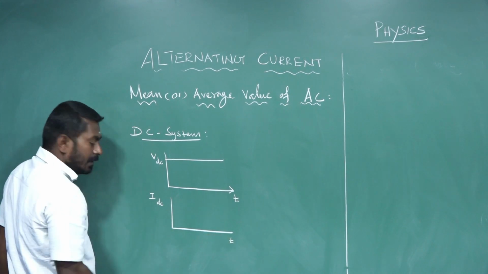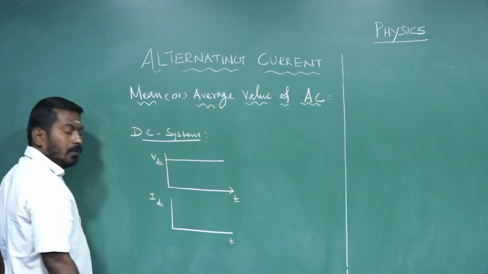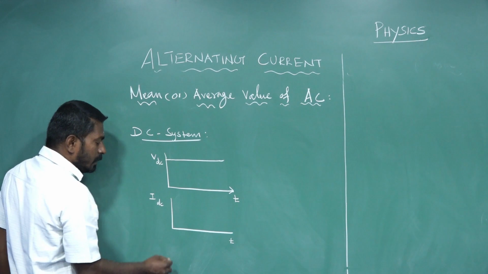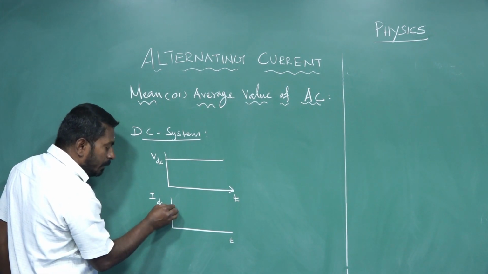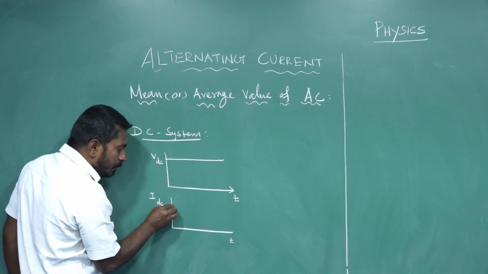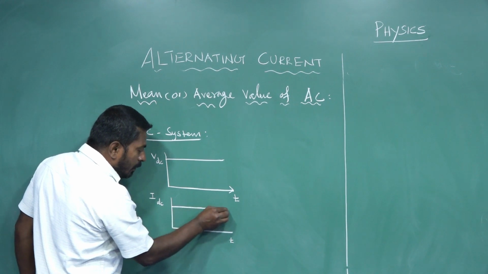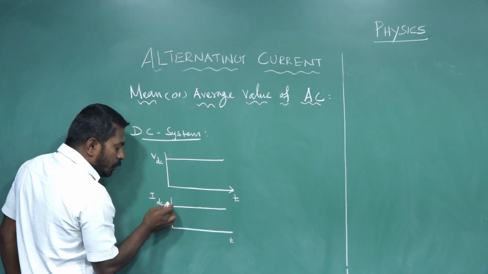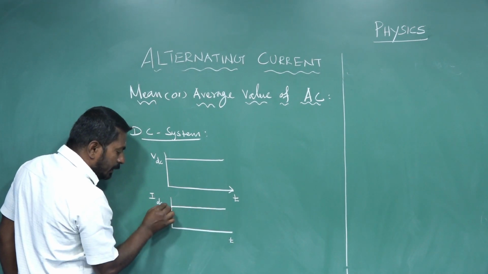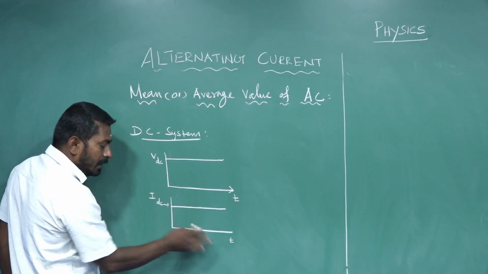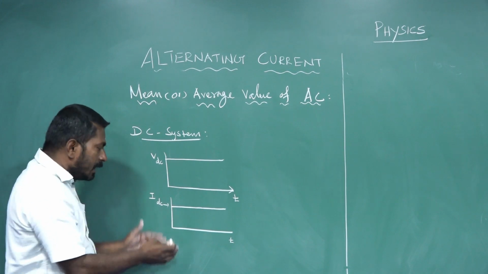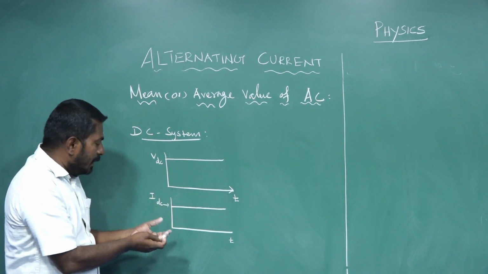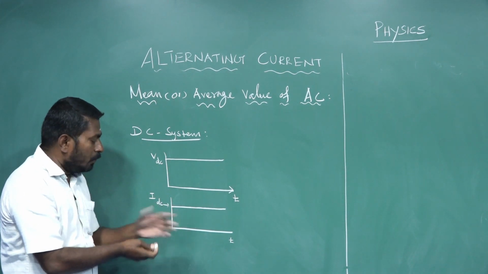Time value is taken on the x-axis, DC current flowing in the closed circuit taken on the y-axis. The resulting current flowing in the DC circuit is called DC current. So the magnitude of DC current will not change with respect to time. So we can easily express the DC current flowing in the closed circuit.